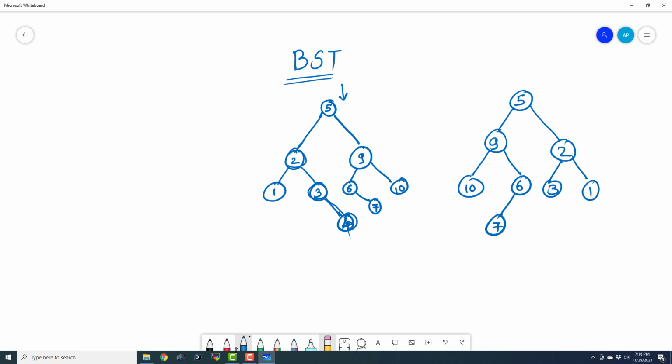So this is the mirror of this binary search tree, and we just need to reverse the search condition. So both are binary search trees, but this is actually used more prominently where the member at the left hand side is lesser and the member at the right hand side is greater than the value of the root node. Okay. So this is what we call a binary search tree.